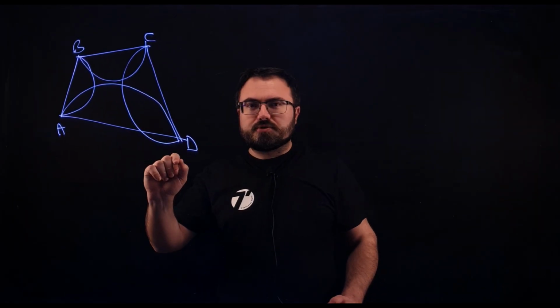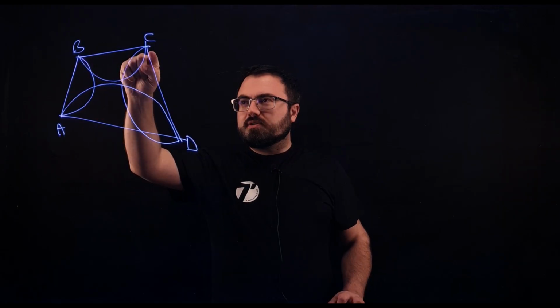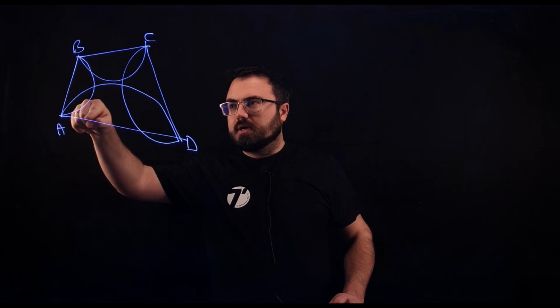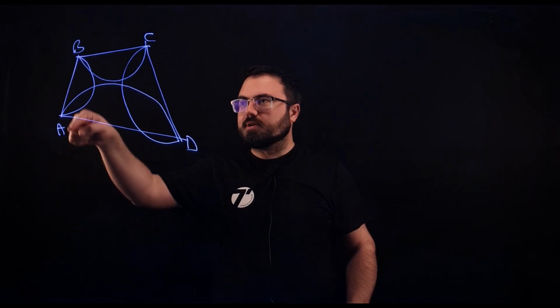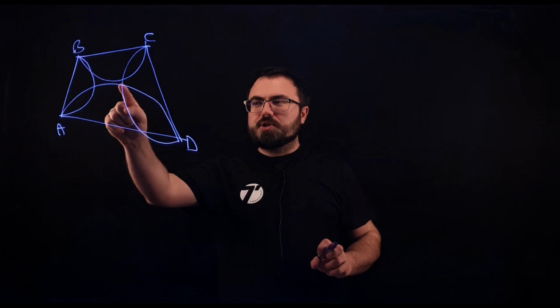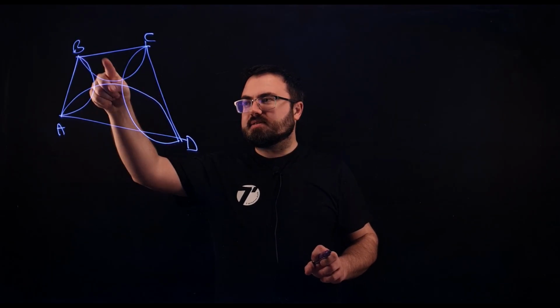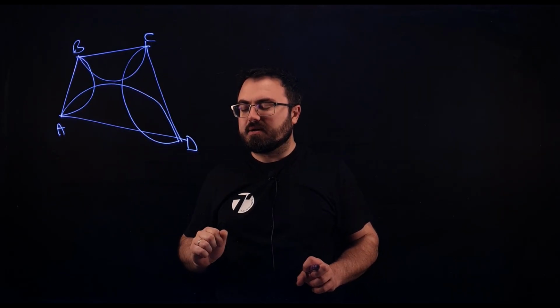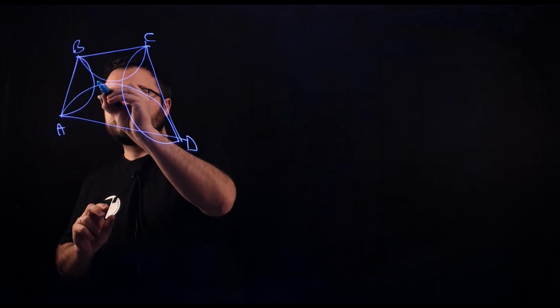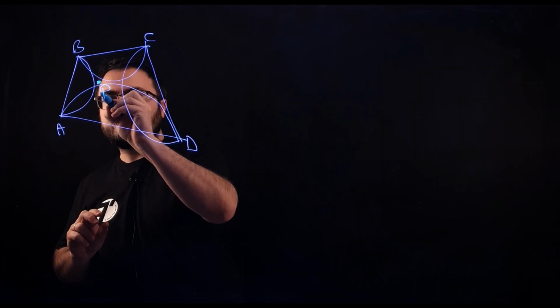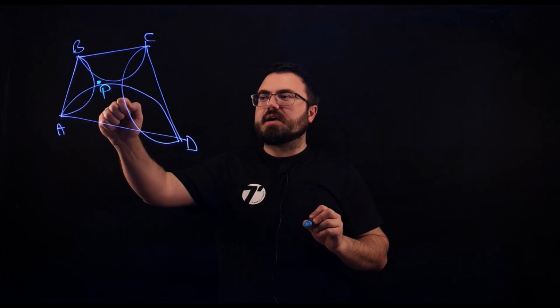Another question is the following. Do these semicircles here cover the entire inner area of the quadrilateral? Now, we don't know whether these semicircles here cover the entire area. So let's assume that you have actually a point here, let's call the point P, that is actually outside of